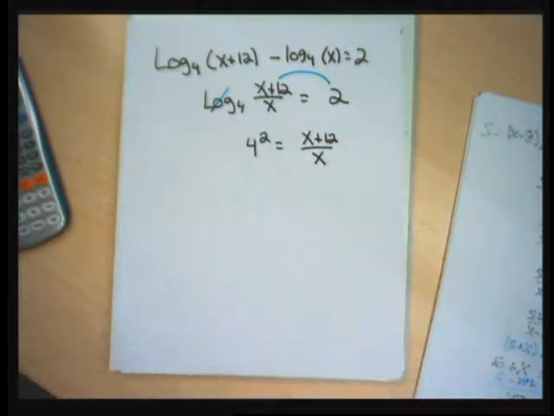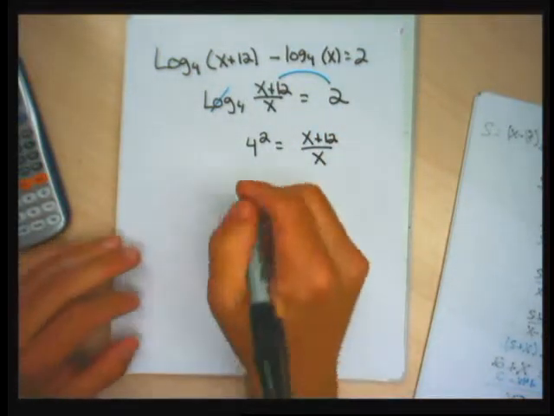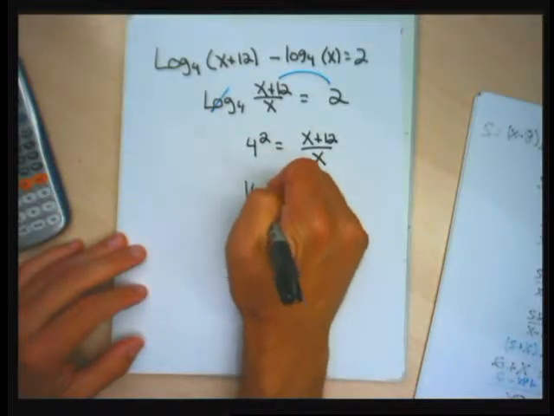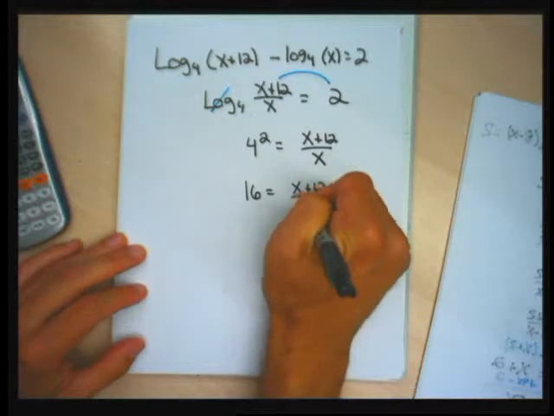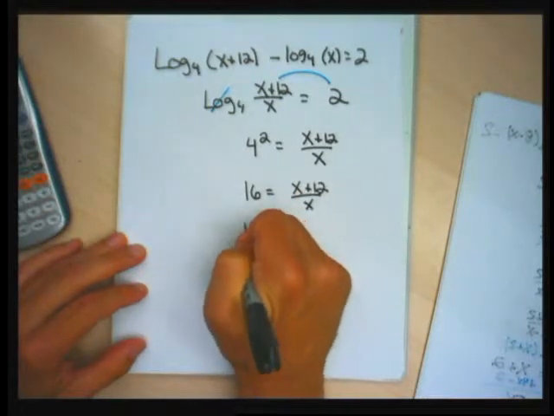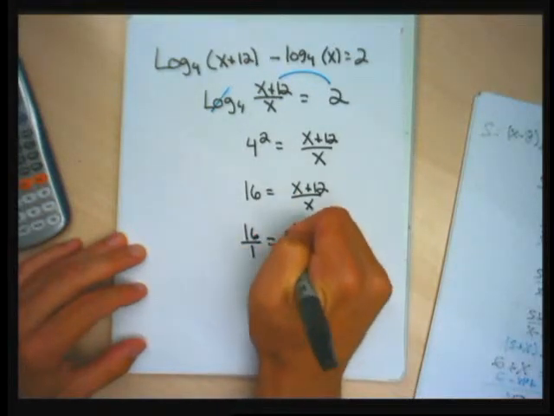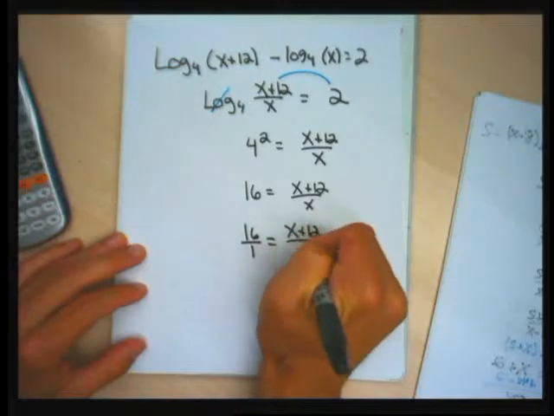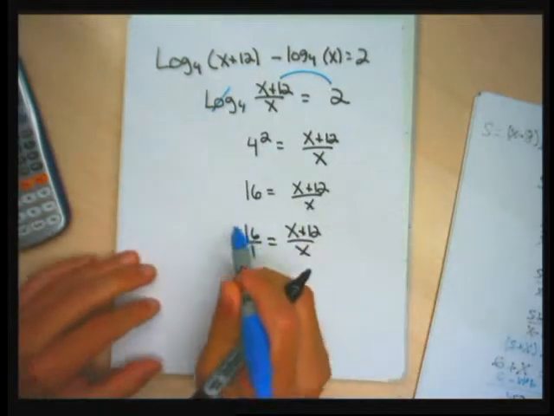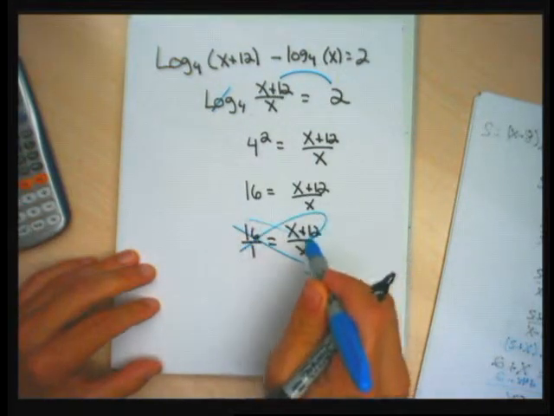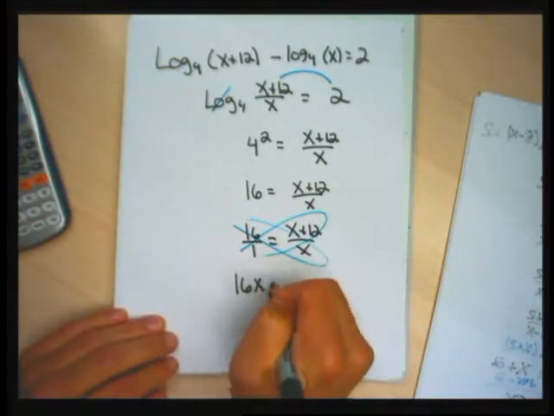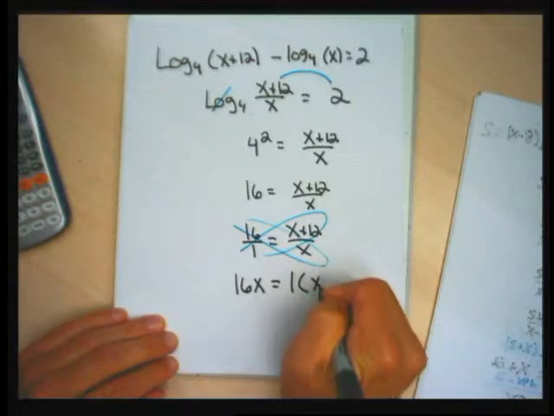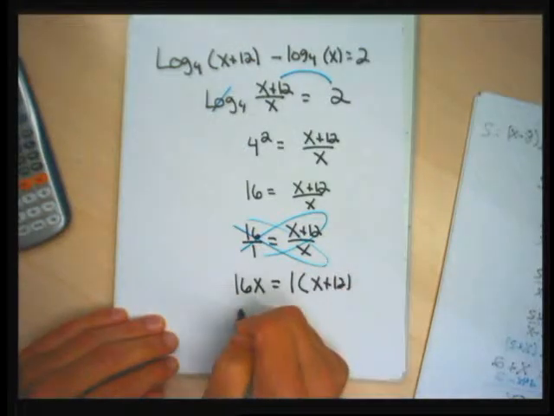I like to solve these fraction problems by cross multiplying. 4 squared is 16. It doesn't naturally give me a fraction, so I need to force a fraction by putting it over 1. So I'm going to go 16 over 1 equals x plus 12 over x and cross multiply. It doesn't matter which way I cross multiply. One way I'm going to do is 16 times x. The other is 1 times x plus 12. So this is going to give me,